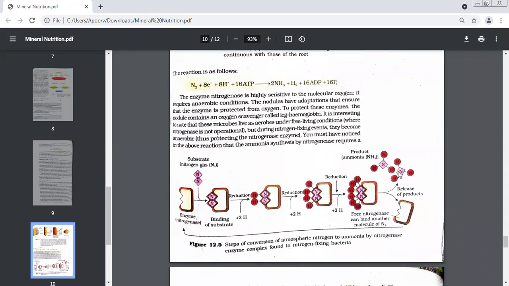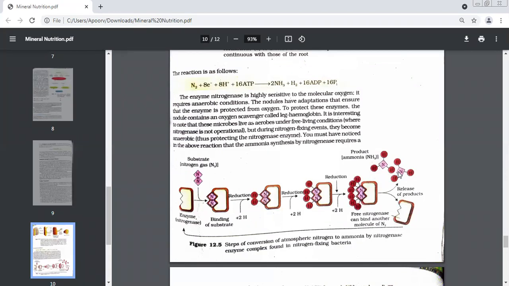She's quite right, but I think she's not able to express herself. But I understood that you have comprehended it. What does the word scavenger mean? You've done saprotrophs, no? Those organisms which consume dead and decaying matter. Basically, to consume, to eat away. So what is this leg hemoglobin? It's a scavenger of oxygen. What will it keep eating away?